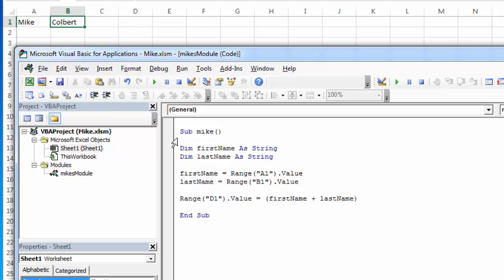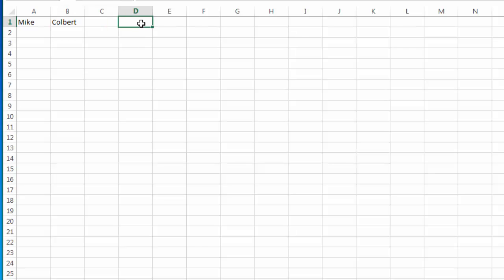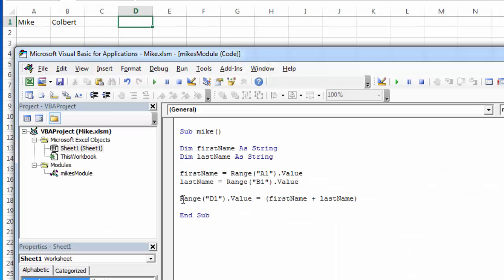And then I can go a different direction with them. I can write into that range. So range D1 the value property is going to be equal to whatever was in my first name variable plus whatever was in my last name variable. So if I do that, the application works like this. So now my input